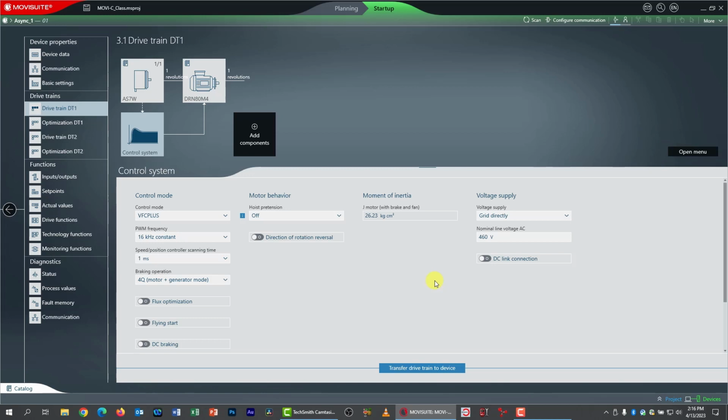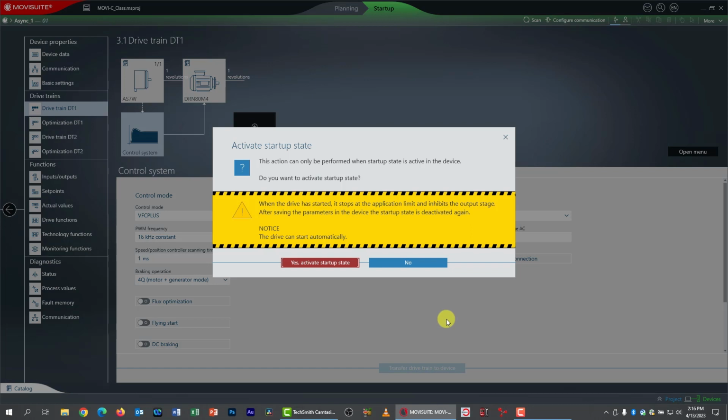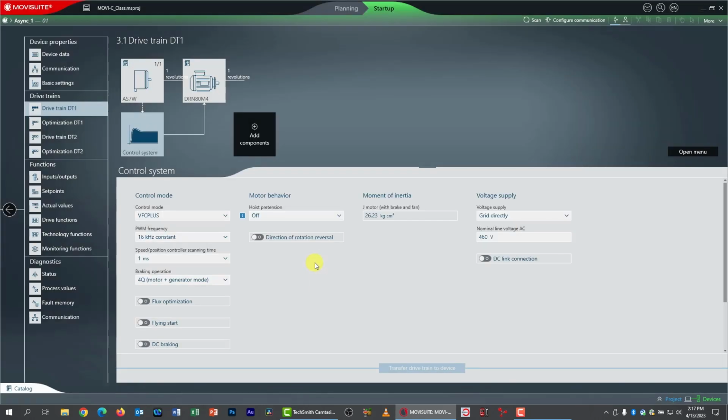But I've picked VFC Plus and I've already keyed in my encoder, so it knows it's there and it will use it. I'm going to now transfer the drivetrain to the device, and once again it warns me that the drive can start automatically. I've checked that everything's safe and I've got controller inhibit, so I'm confident I can click Activate Startup State. And there we go. I've now switched to a more advanced mode that will in fact take advantage of my encoder and give me